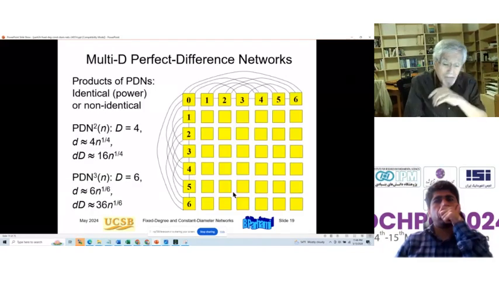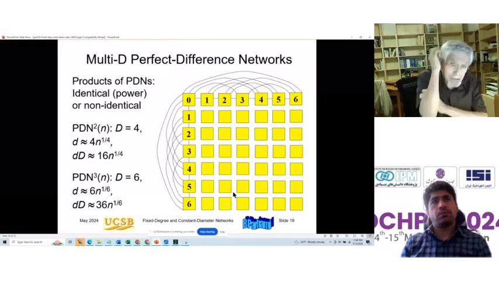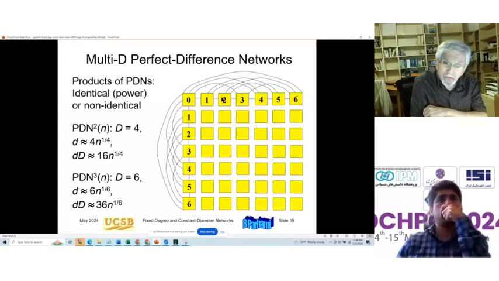However, I have a method to build networks of diameter 4 by multiplying, by the product of 2 perfect difference networks. So here I've taken a 7-node perfect difference network